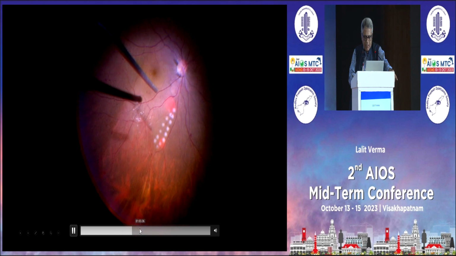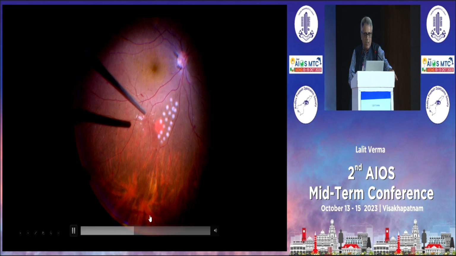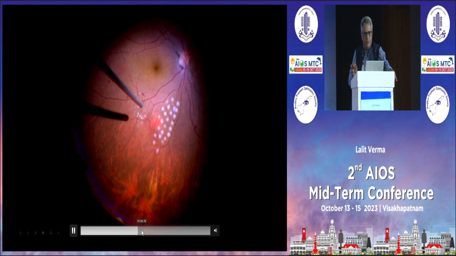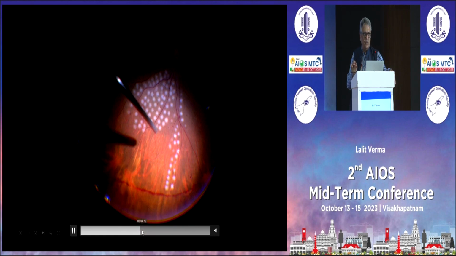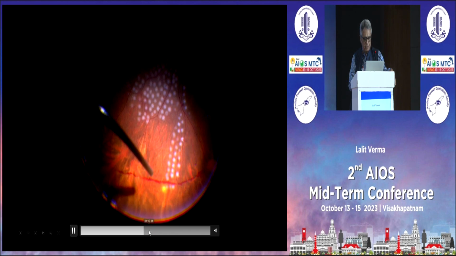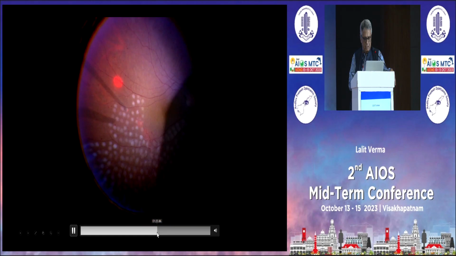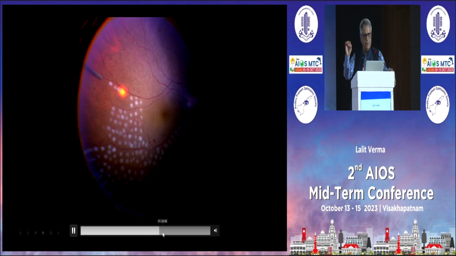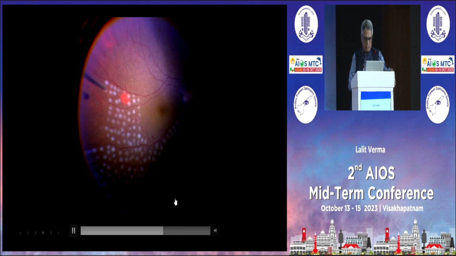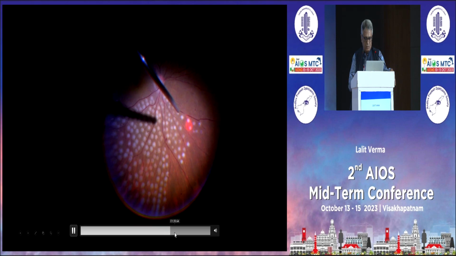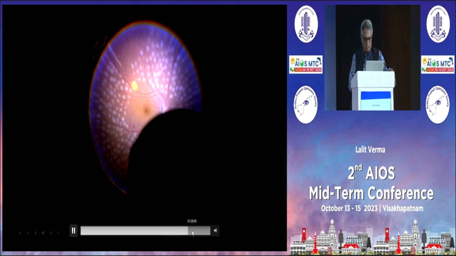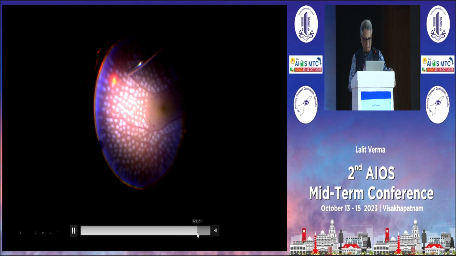Disc and macula are pretty healthy, and this patient has the potential to gain back 6/6 vision. So these patients, I think, ultimately for long-term stability will require laser, laser and laser. So I spent 10 minutes in surgery, but 20 minutes in doing laser photocoagulation. And I'm very fond of doing laser in a proper row rather than tuck, tuck, tuck here and there, because I don't want to miss any areas. So we did take 15-20 minutes to laser this eye, and ultimately this was the end of surgery.